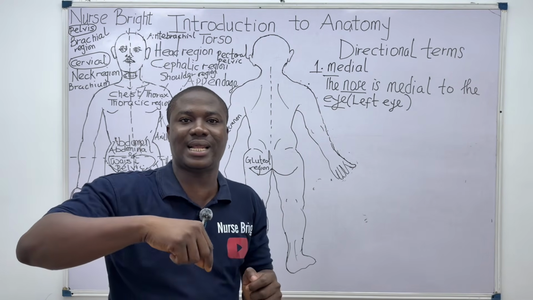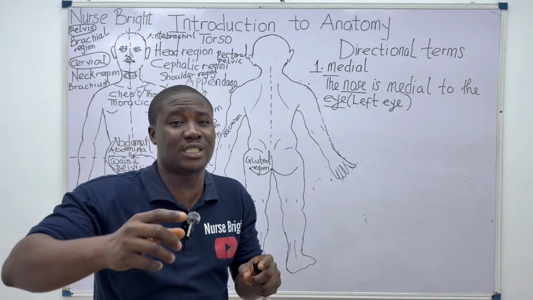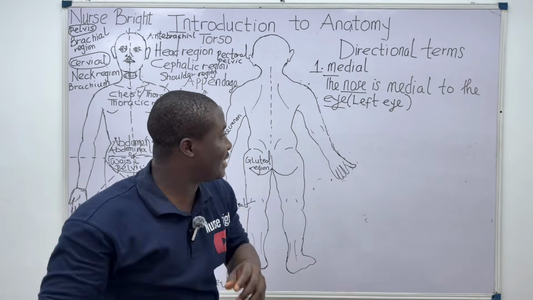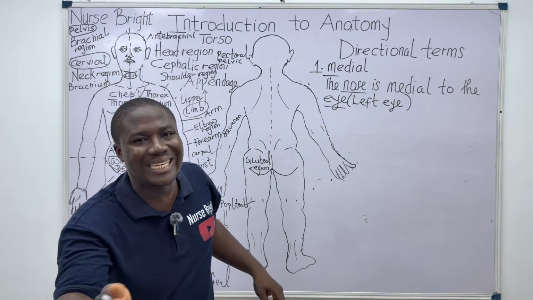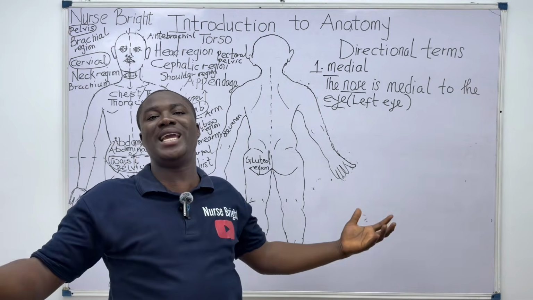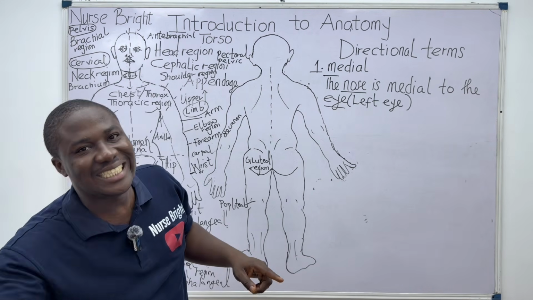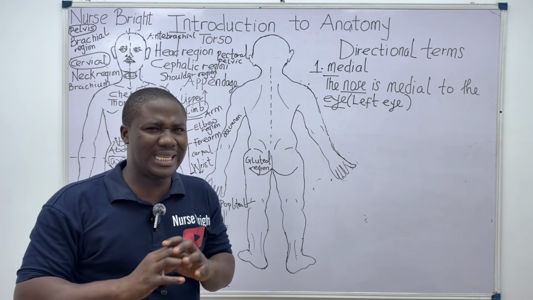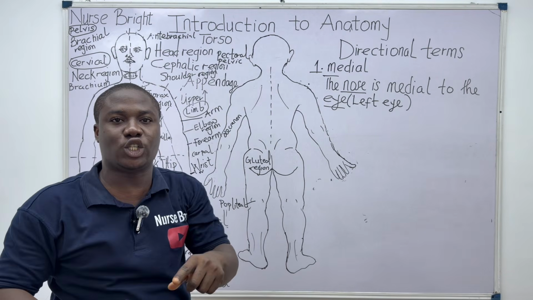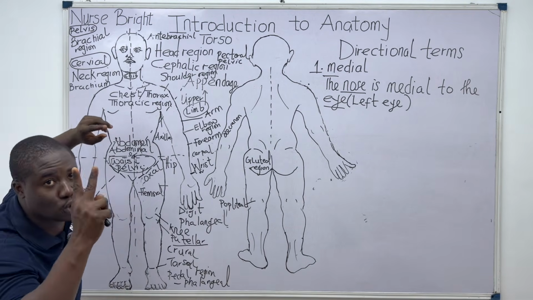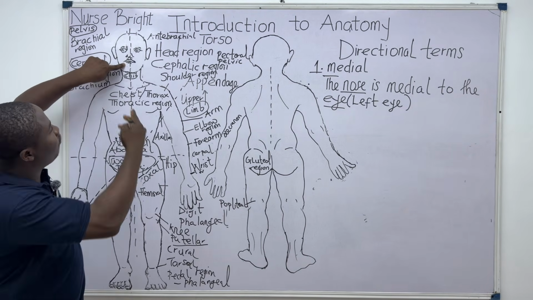And as we go in this class lesson, I'm going to give us a lot of examples to understand the usage of these terms, because these things are very essential. So you can see we said that the nose, which is one structure, is medial to the eyes. And the word medial means median, which is at the center or close to the center. Just pay attention, because I want to give us some more examples to understand medial as a directional term. So let's relate also two structures. Let's relate together the mouth of this individual.